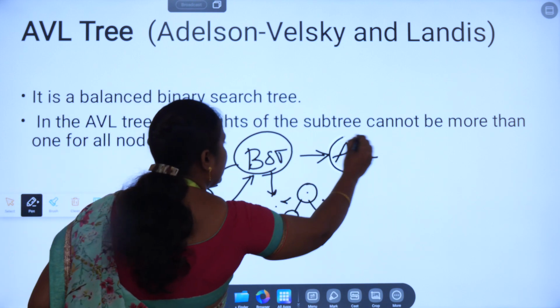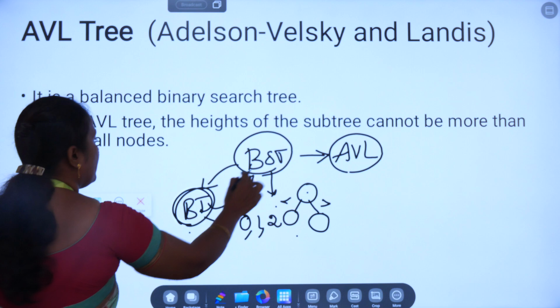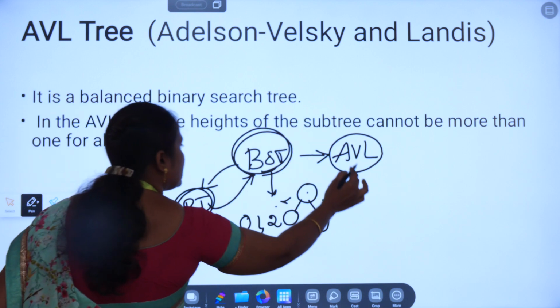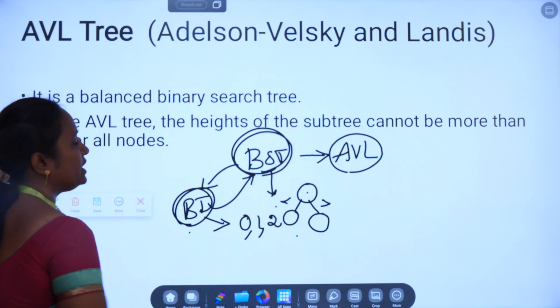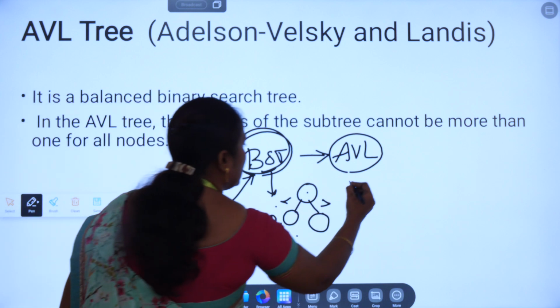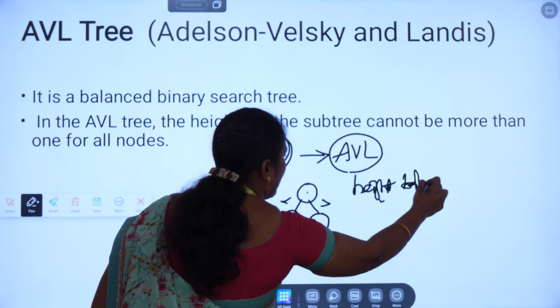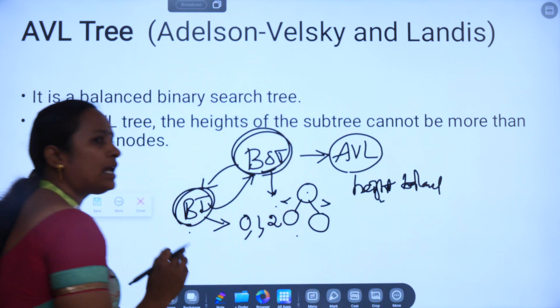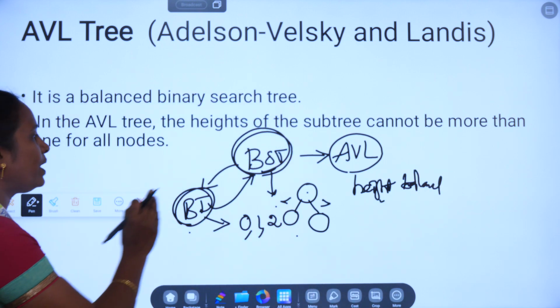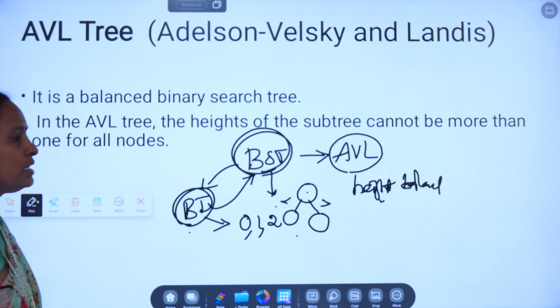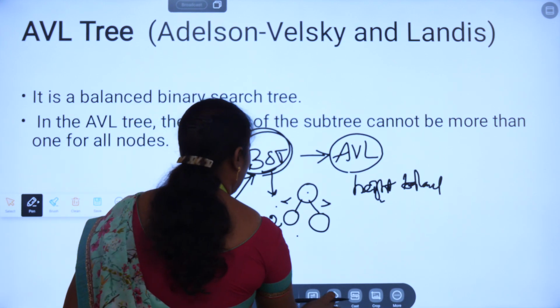Then why do we need the AVL tree? We have a BT, we have a BST. From the BST we go to the AVL tree. So why do we need the AVL tree? The AVL tree is a height-balanced tree. So we are going to balance the height of the BST. When the height is not balanced, for example,